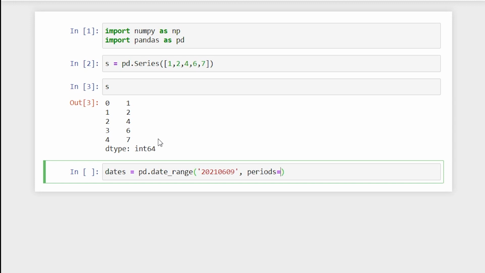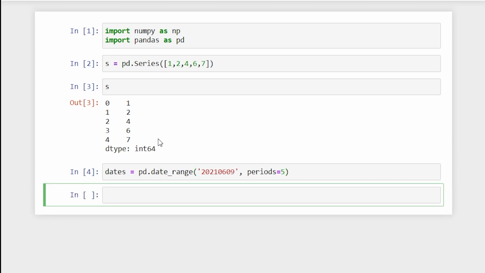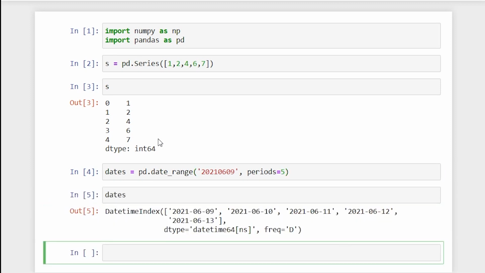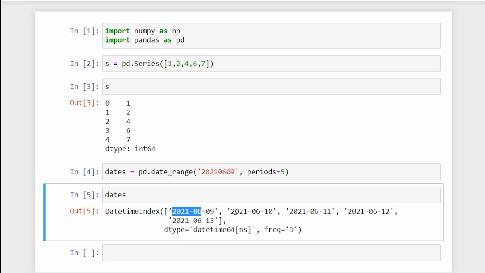Periods is basically the number of values you want, so let us say 5. Now when I say dates, I'll have sequential dates: 2021, 6, 9, 10th of June, 11th of June, 12th of June, and 13th of June.